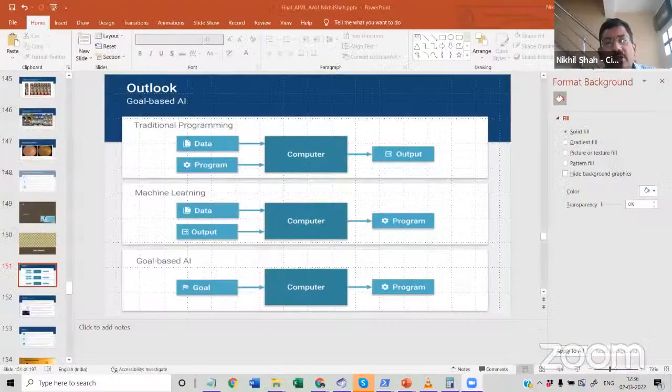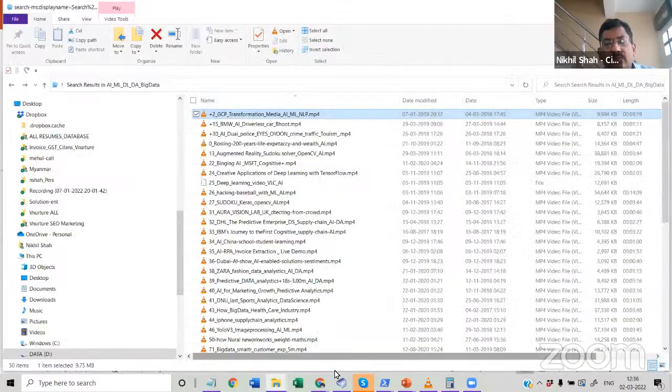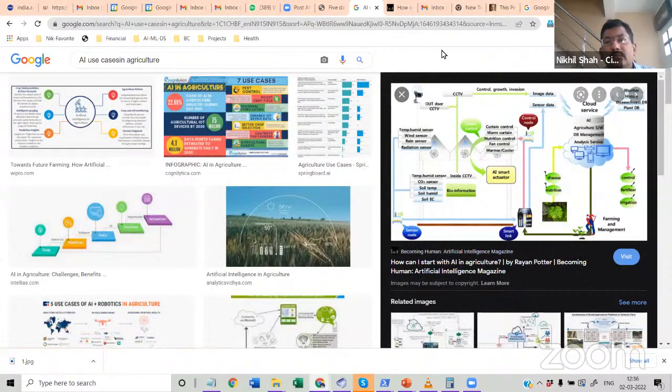Okay, so let me pause here and switch. I wanted to show you some examples of the agriculture data analysis that I was talking about.